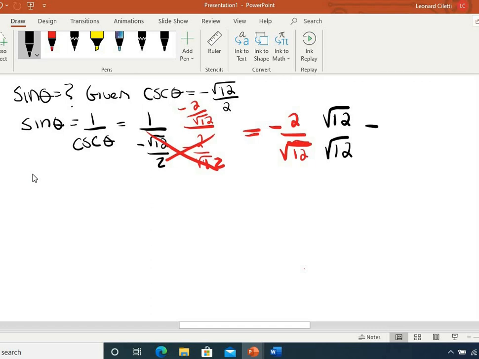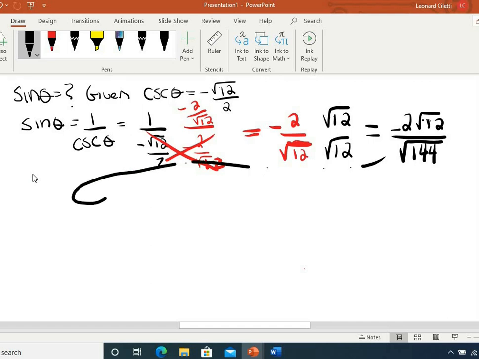So when we do this, we're going to get negative 2 times the square root of 12. That dot is insignificant. This becomes the square root of 144. I'm going to come over here and rewrite it where I have a little bit of space. This is very choppy and not a good connection somehow. So when we do this, that simplifies down to negative 2